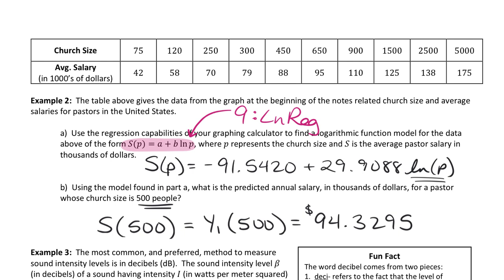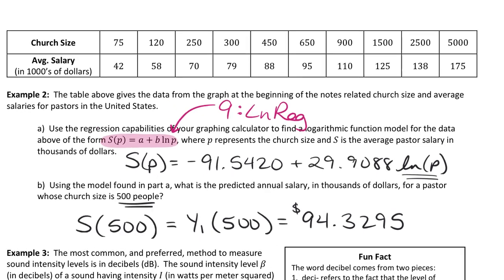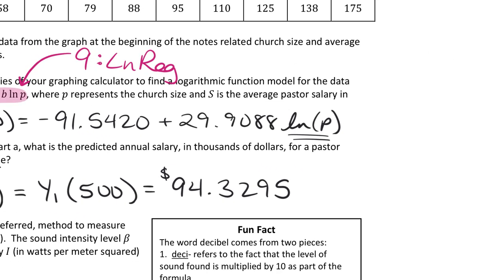In this problem, we plugged in 500. Why did we choose to plug in 500? The church size is 500 people. That was my input value. If you were somehow given the salary and it says, what is the population size if the salary is 500,000? Instead of plugging it in, what you would do, because it's a calculator question, is this: if given an output